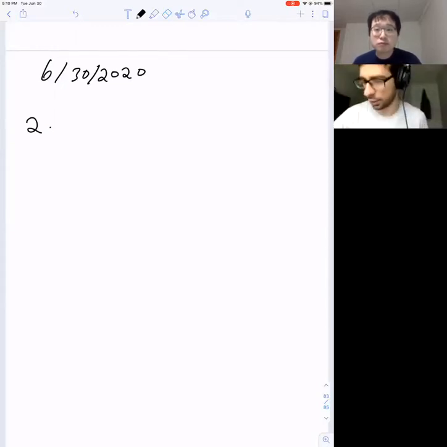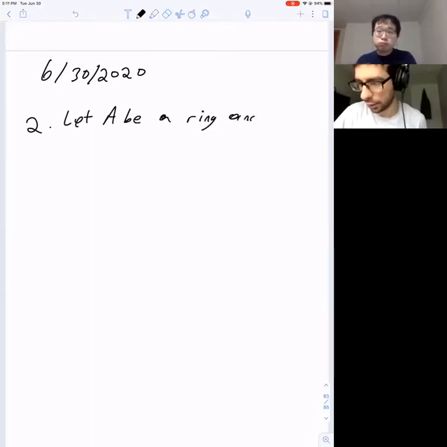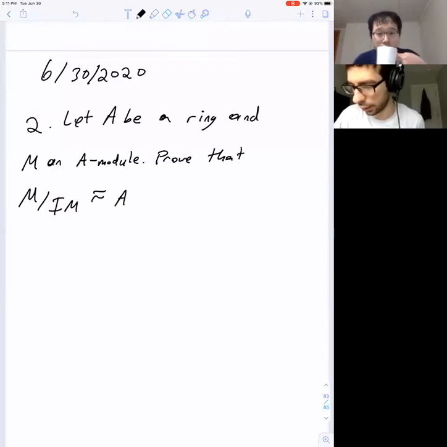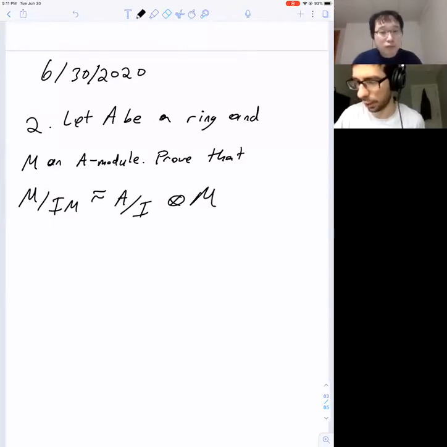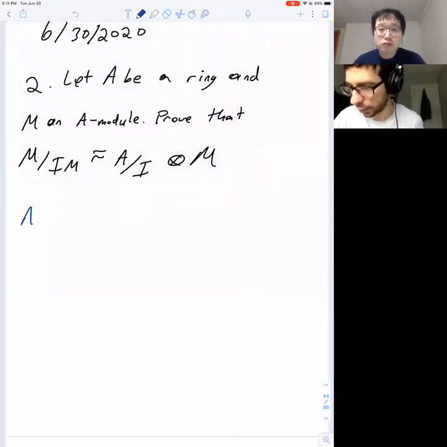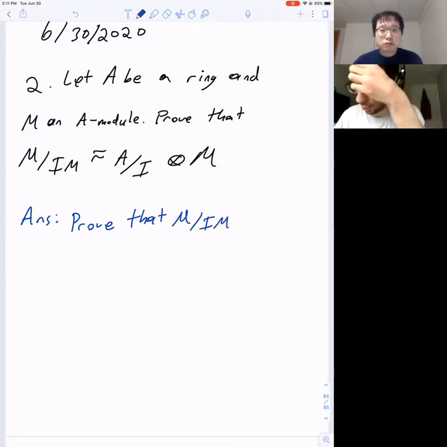So I'll say let A be a ring and M a module. I need to prove that M mod IM is isomorphic to A mod I tensor product M. So how do I do this? I can prove this many ways. One way of showing it is that I want to prove M mod IM is the universal object